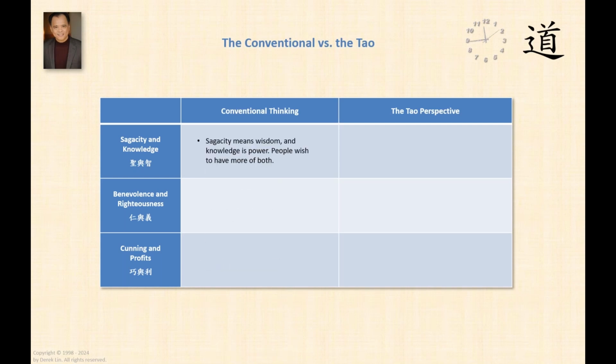Well, most people may say, well, sagacity, wisdom, okay, that's good. Knowledge is power, also good. So people would like to have more of both, more wisdom, more knowledge. Now, in this world, we have many sources of information that claim to present wisdom. We also see people following them being misled